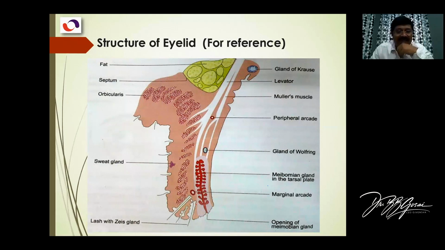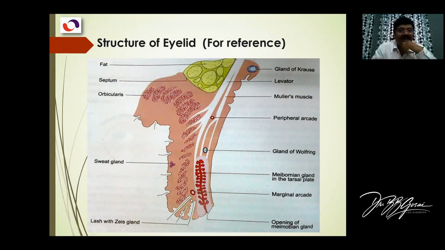And in this tarsal plate, we have a big gland. This gland is known as the tarsal gland, which is mentioned in your presentation also. Meibomian is another name for the tarsal gland. So meibomian gland or the tarsal gland. This secretion is oily. It is a modified sebaceous type of gland. So it's an oily secretion, and it coats the cornea. Okay, so this is a very important secretion from this particular gland. And infection of this gland also takes place, which we'll see in the next slide itself.